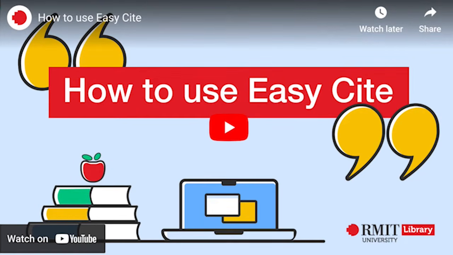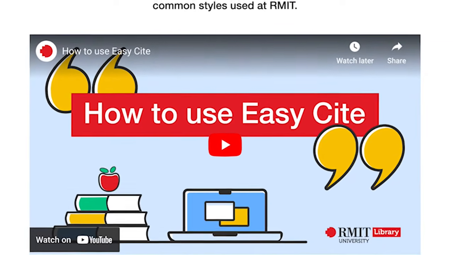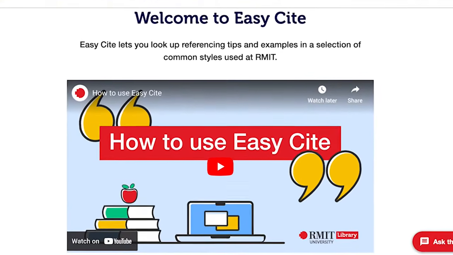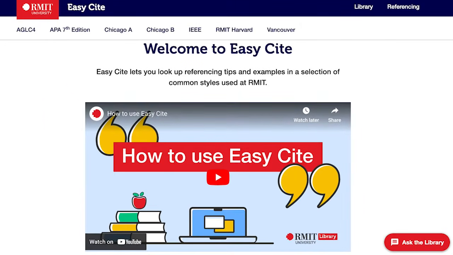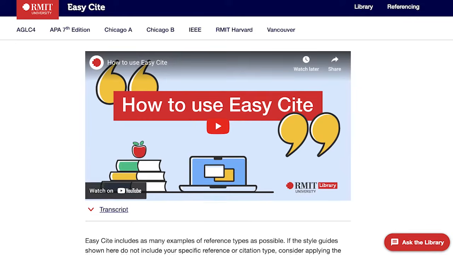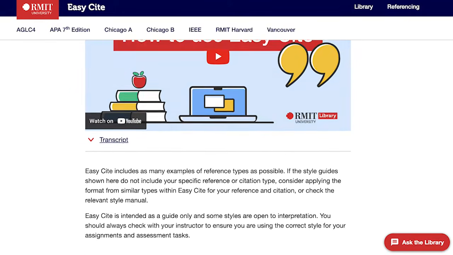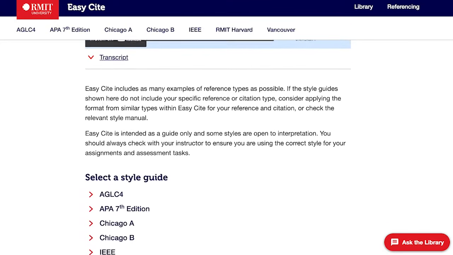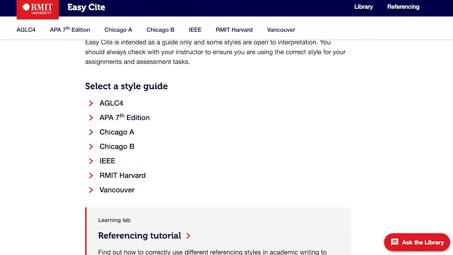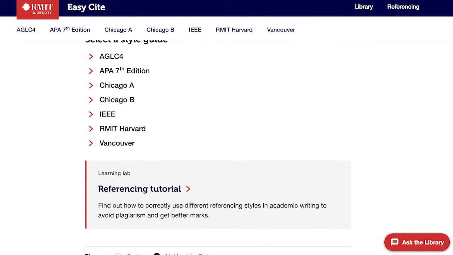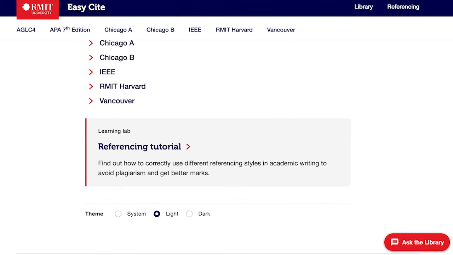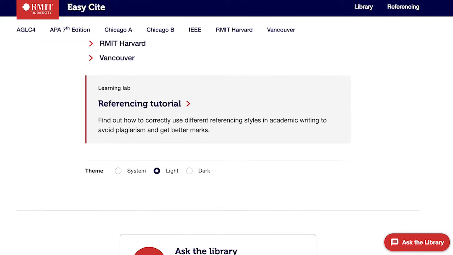How to use the Cite referencing tool. Cite is an online tool that provides examples and tips for a wide range of referencing styles used at RMIT. Cite is only intended as a guide, as some styles are open to interpretation. You should always check with your teacher or lecturer to make sure you are using the correct style for your